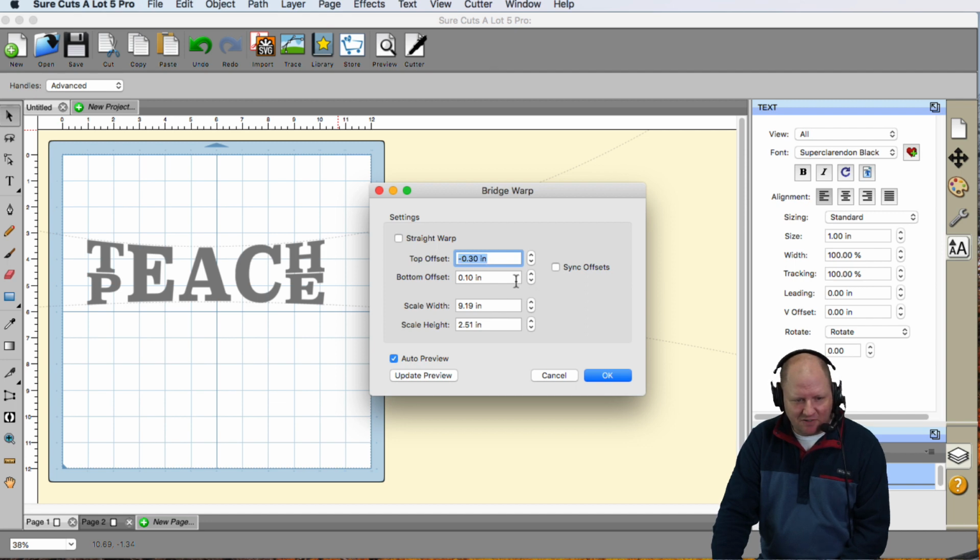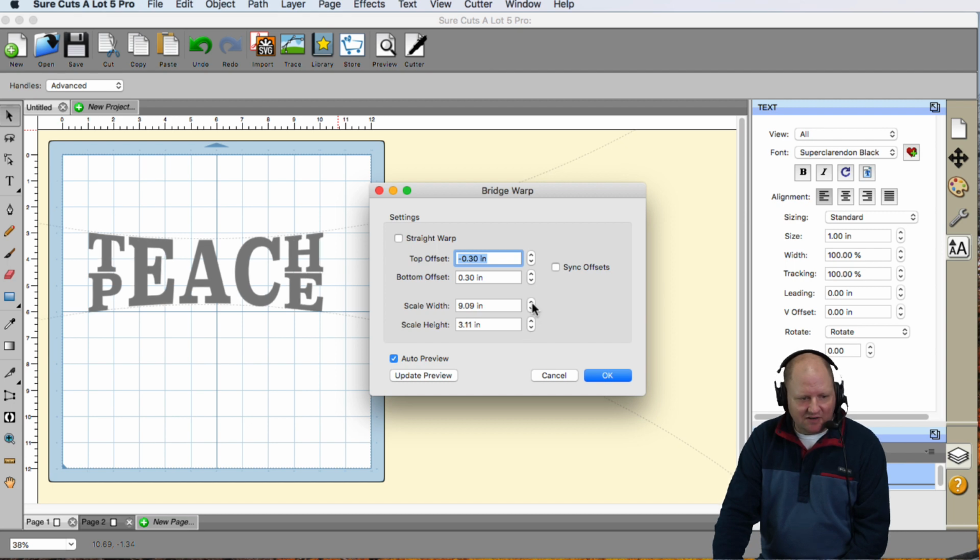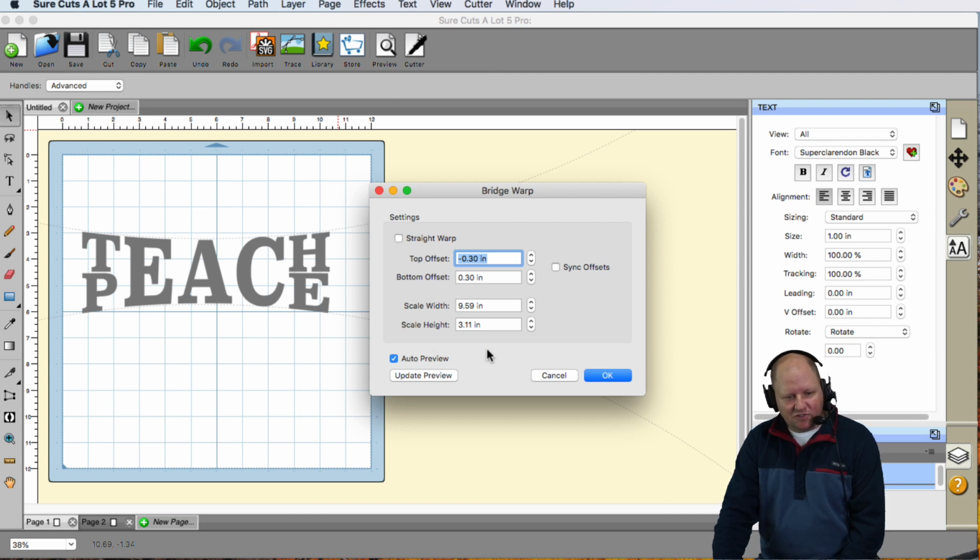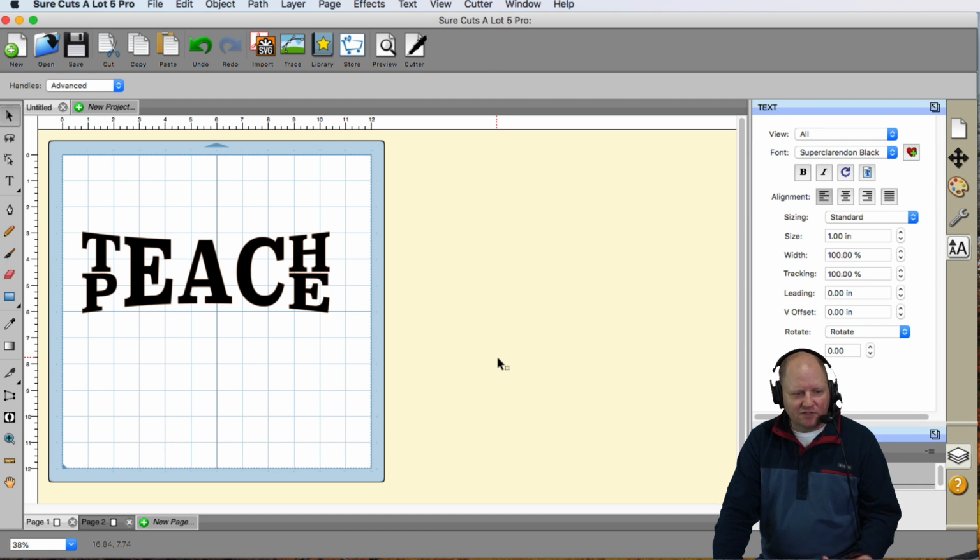So that's a minus 30. This one needs to be a plus 30, so that way it's nice and symmetric. And then you are able to adjust the height if you need to in order to get the effect that you're looking for. All right, so that looks good. I'm just going to go ahead and click on OK, and now we essentially created the teach piece that we saw earlier,